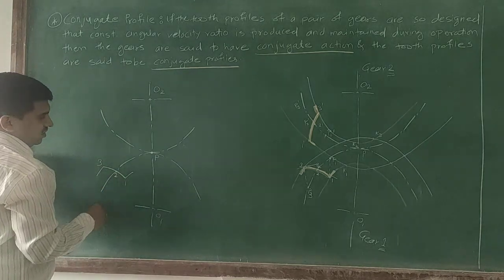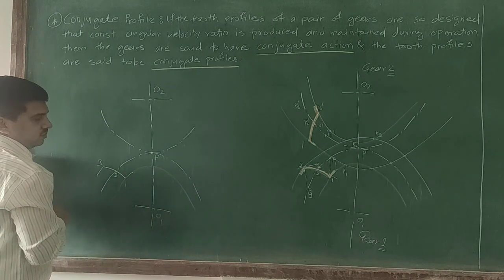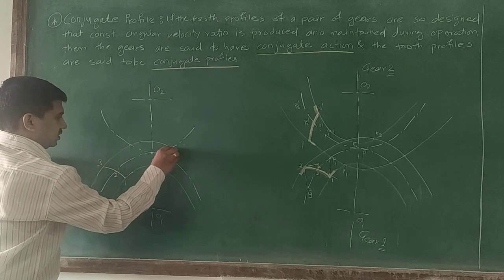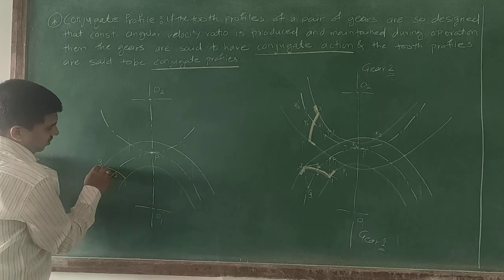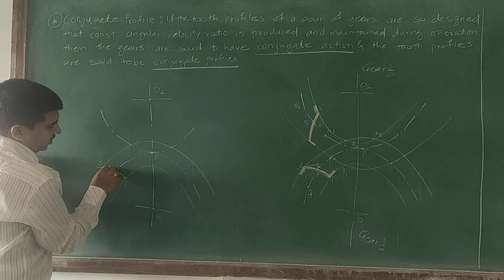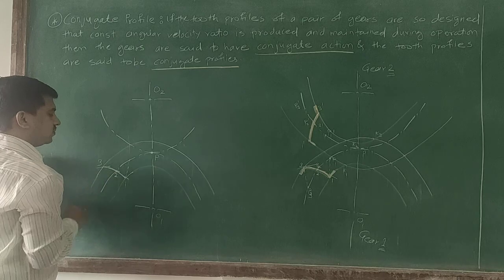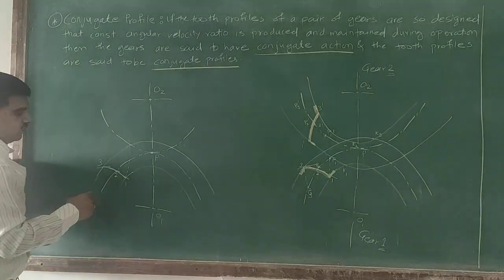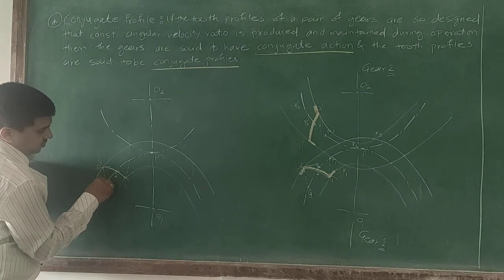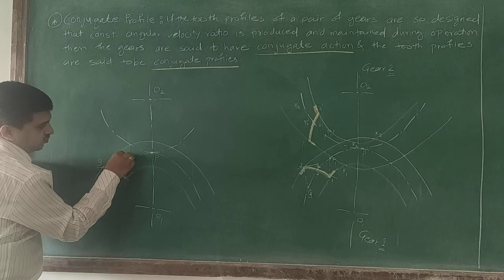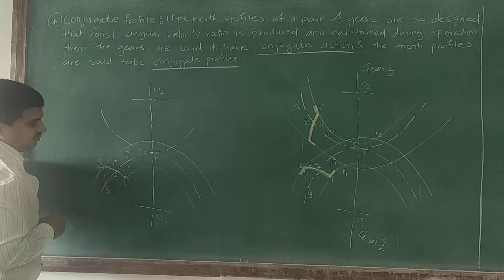From these 3 points we had drawn arcs concentric with O1. Then we had drawn tangent lines from each particular point, and from that tangent point we have drawn a normal line which will be cutting the pitch circle. So like this, this is our point P1, this is our point P2 and this is our point P3.